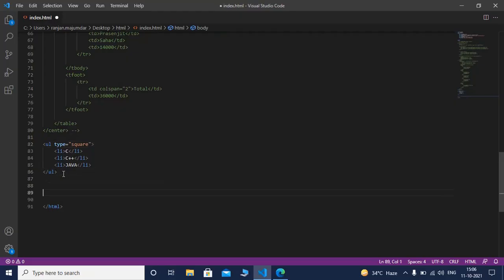This is an example of unordered list, and the other tag is ordered list. So here I am writing this.